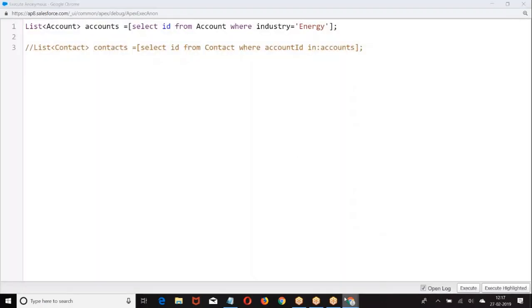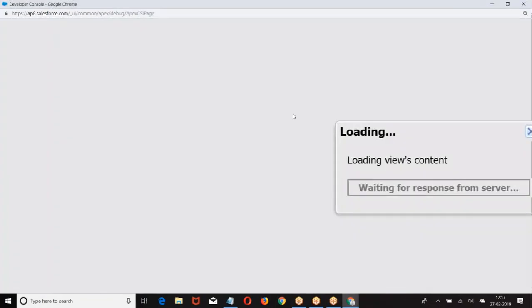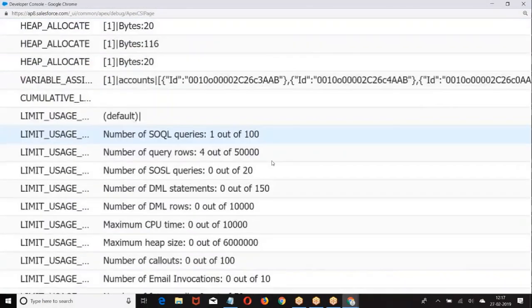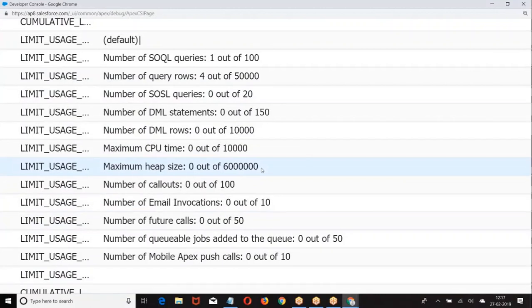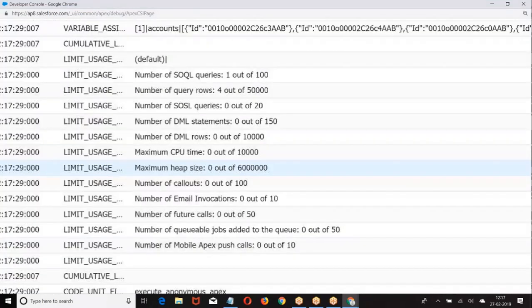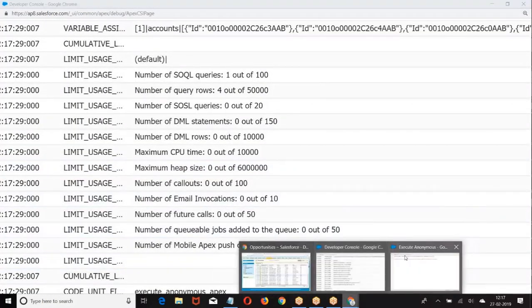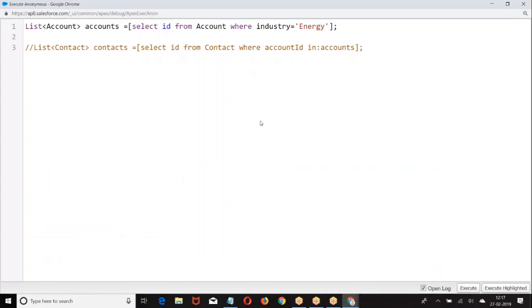Execute. 2 SQL queries are running, 11 records are coming. 11 records means 4 here and 7 there. So 4 accounts, 7 contacts. The count of accounts and contacts together is 11. So they are considering every query as separate.